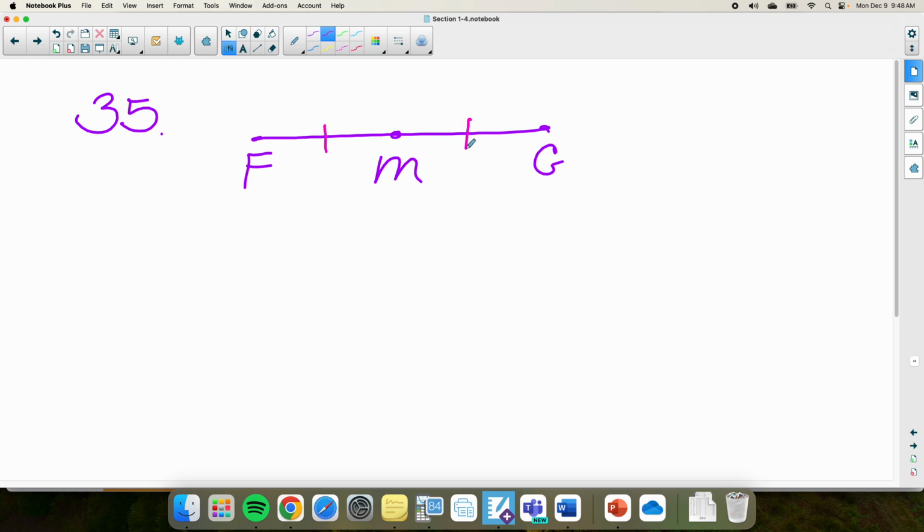And again, if it's a midpoint, that means those two pieces are equal. Now this one is different. It says from F to M is 3x minus 4. So this right here is 3x minus 4. Then they say,